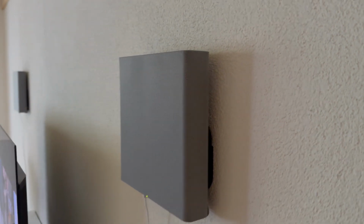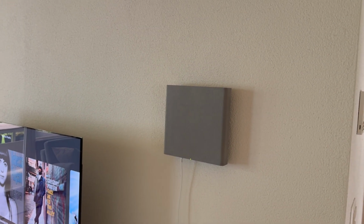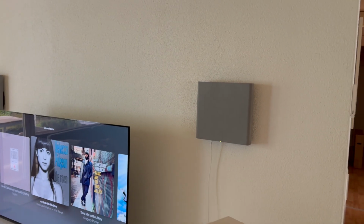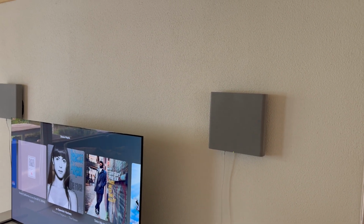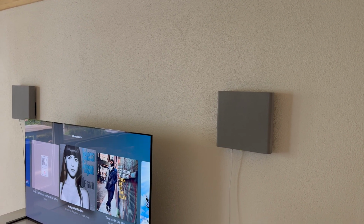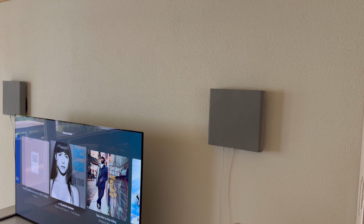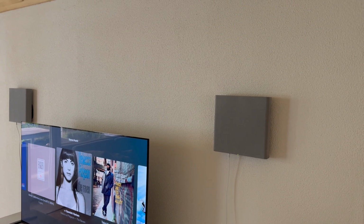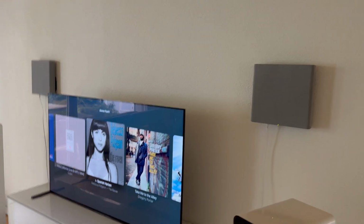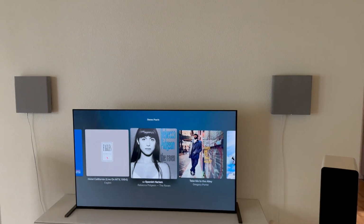Yeah, so all in all, I'm really glad that I did this upgrade, and I did purchase this Sony HT-A9 M2. After listening to these speakers for about 2-3 months, I will come up with my long-term review on this. In the meantime, if you have any questions, and if you are on the verge of deciding whether to buy these or not,